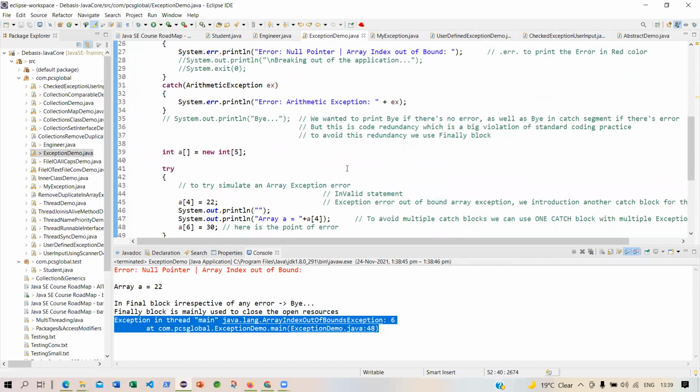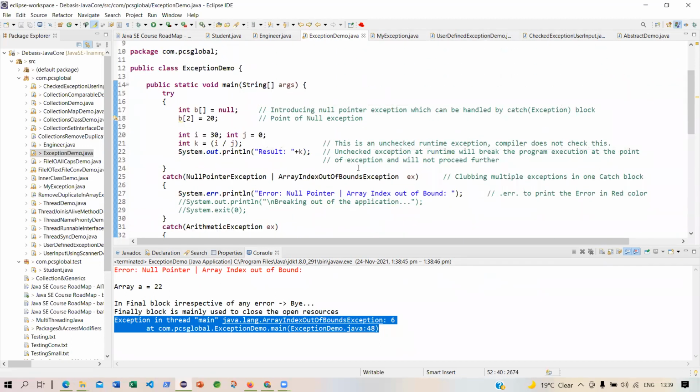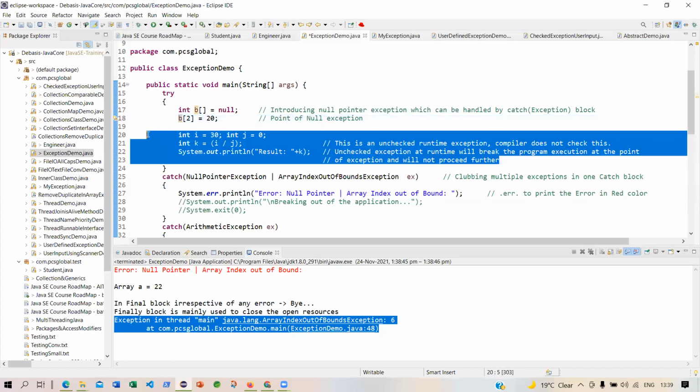And another thing is, let's say I have not introduced that error. It's fine. So basically I'm coming here, or maybe you are giving that error, but you have put this ahead.